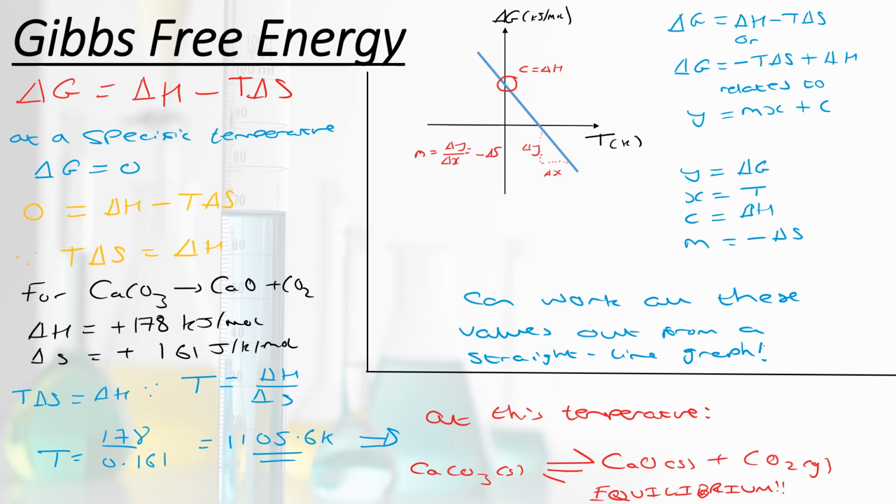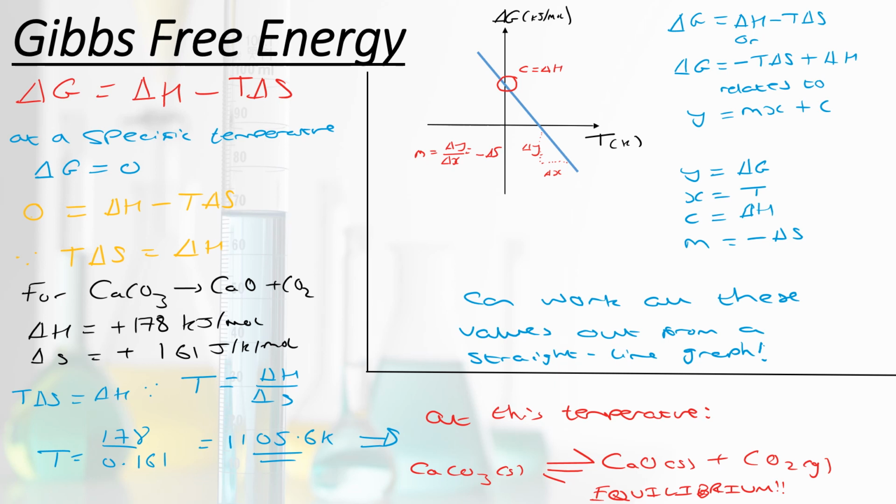Now what this actually means, this isn't just an academic exercise of working it out. The temperature at which delta G is 0 is at equilibrium. So this is exactly where we have our calcium carbonate decomposing to calcium oxide and CO2, as well as the reverse reaction of these two reforming the calcium carbonate. Remember that equilibrium is where these proportions are not changing and the forwards and backward reactions occur at the same rate. They're going as quickly as each other. And so when delta G equals 0, it's the point where we're at equilibrium.